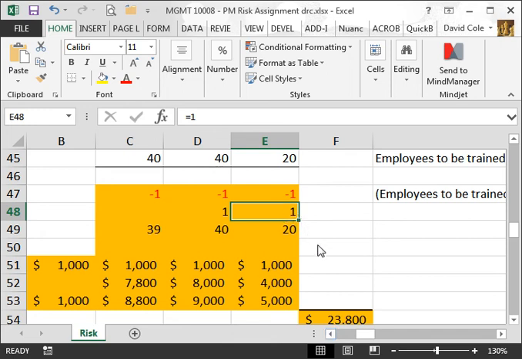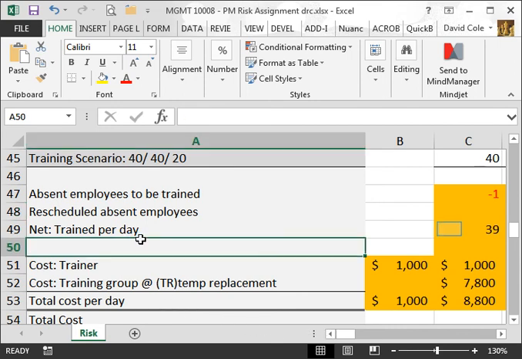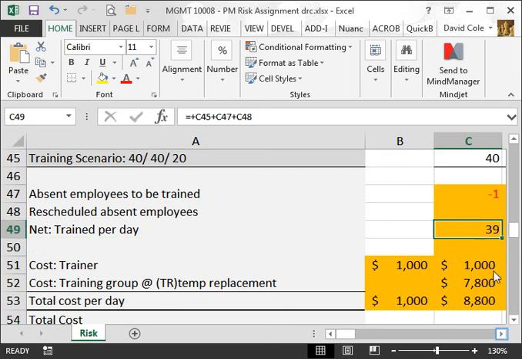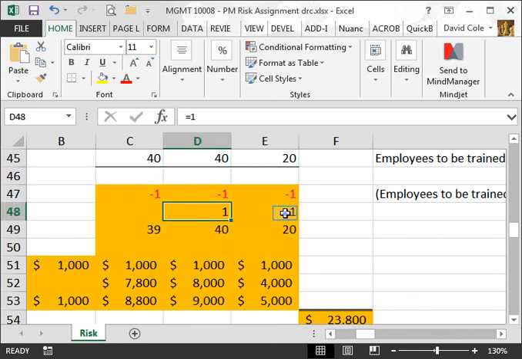We are also going to deal with net employees trained per day. So again, you can see here that we have 39 on the first day when we take into account the projected absenteeism. That's covered here in this section. And that changes per day, and then we have a mitigation number that we will actually train them in some alternate format, and again, you will comment